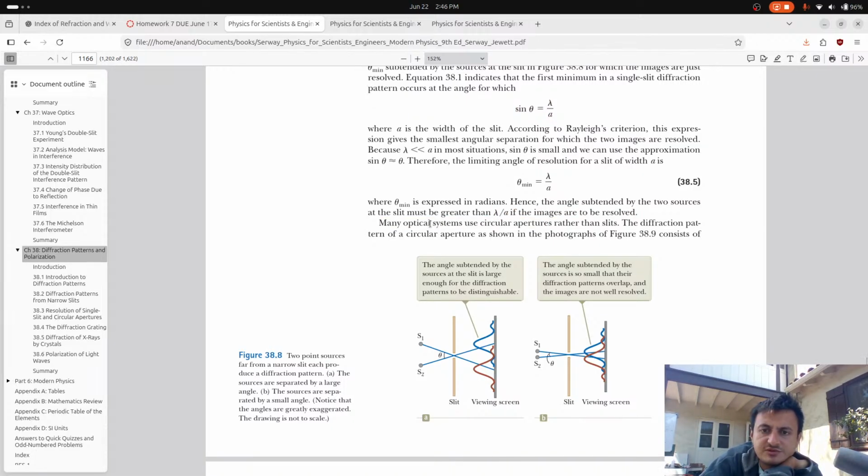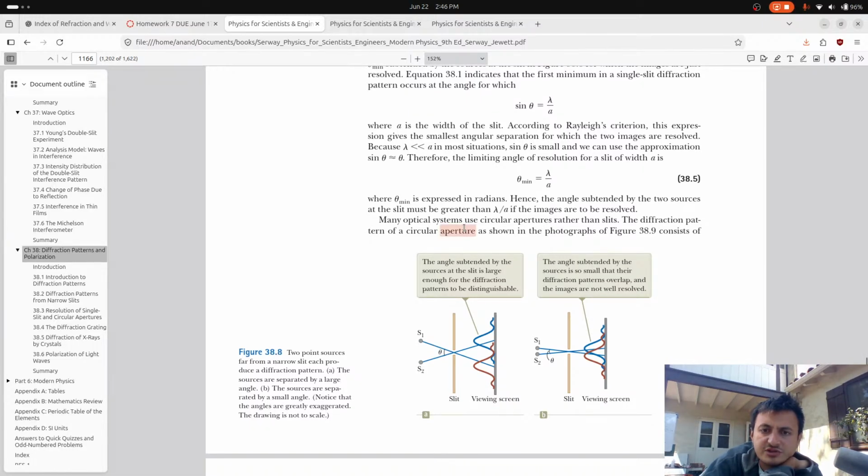Many optical systems use circular apertures rather than slits. The diffraction pattern of a circular aperture